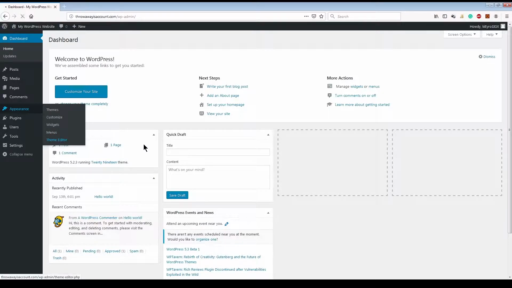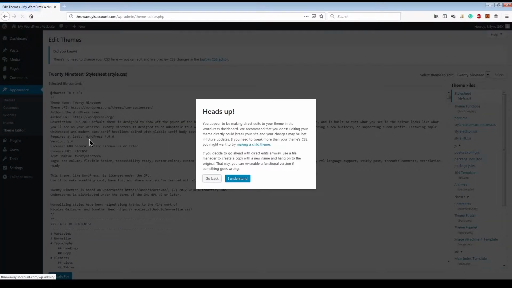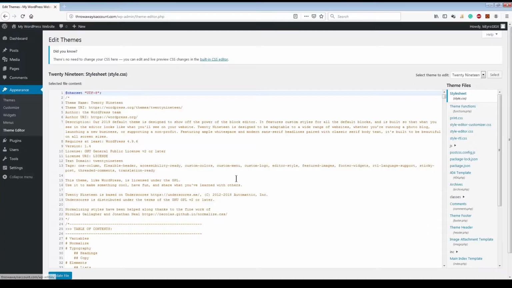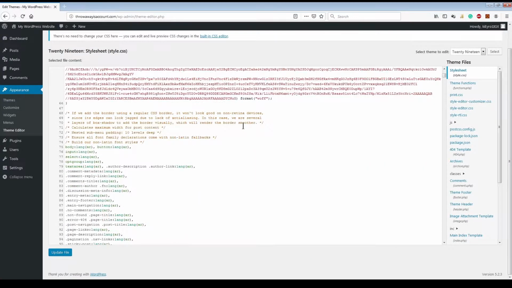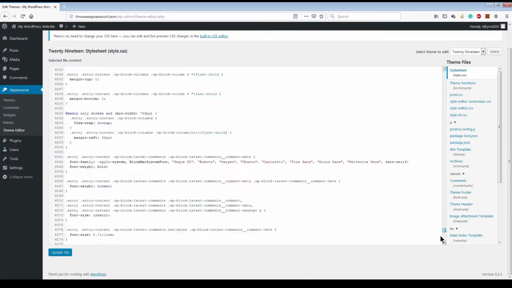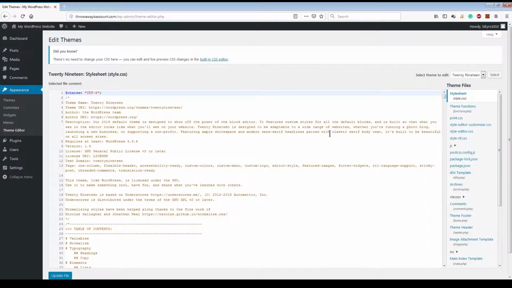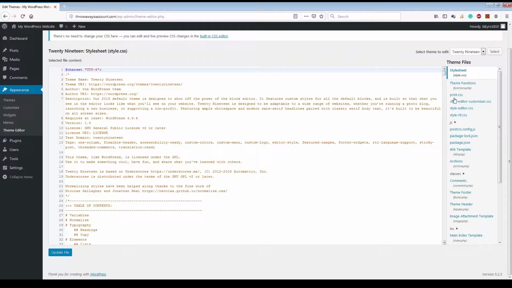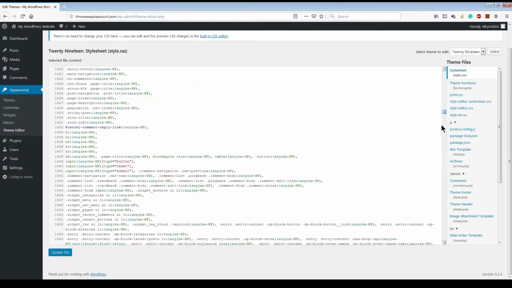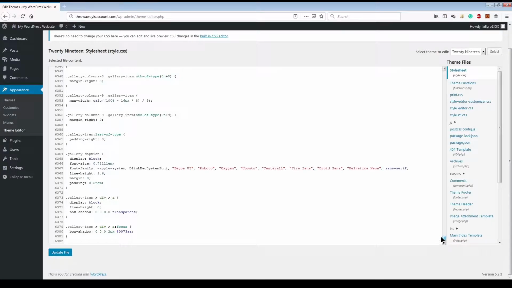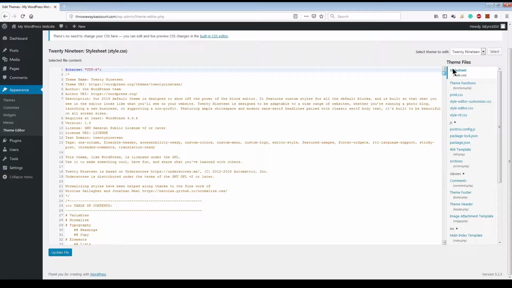And then you have the theme editor. So for the nerdy folks out there, you could go, that was just a warning saying don't come in here because you could mess things up. This is where all the actual code is for WordPress, as well as basically the theme. So we have themes here. So there's a lot of stuff you could fiddle around with in here. But generally, I try not to change anything in here. I'd rather just change it in the child theme. That way, when there are security updates and whatnot, then I won't be messing up the